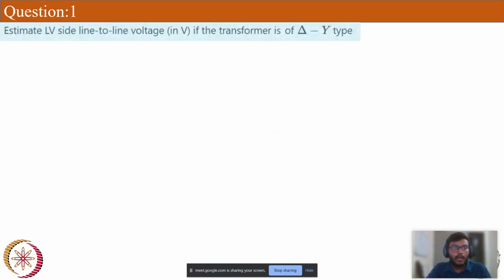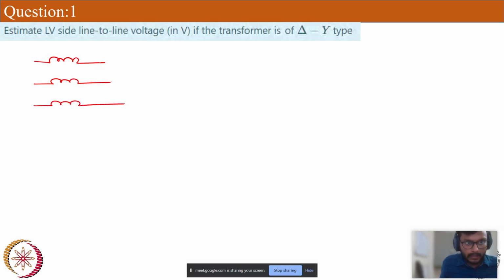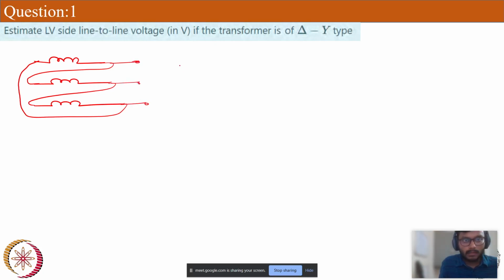Okay. Now we were asked to calculate the LV side line to line voltage in transformers of delta to star type. So it is the same kind of problem, but the connection is different here. Let me just draw it quickly. It is a delta connection. So my supply is, so supply, and the secondary is,